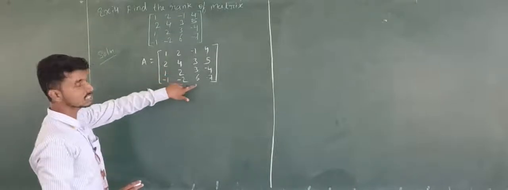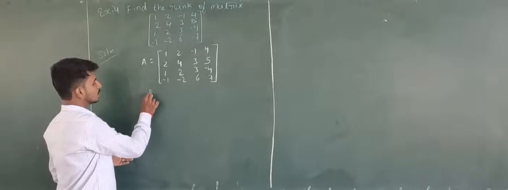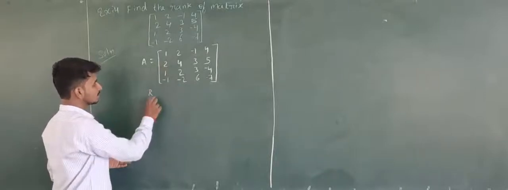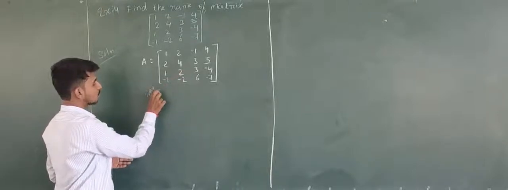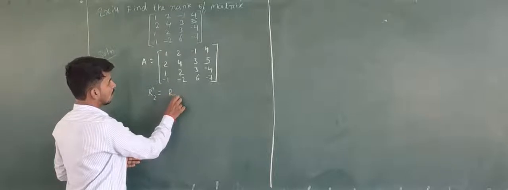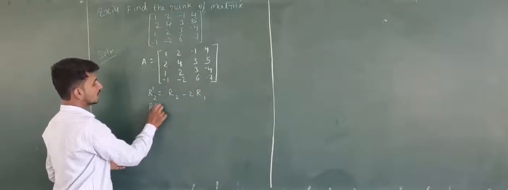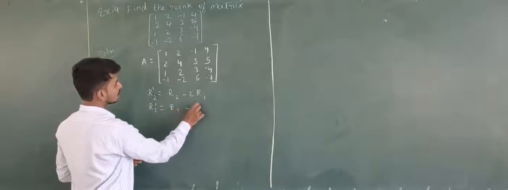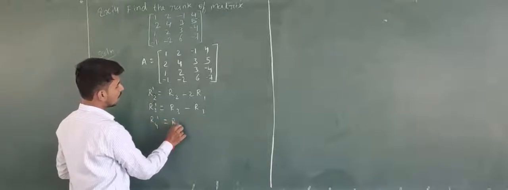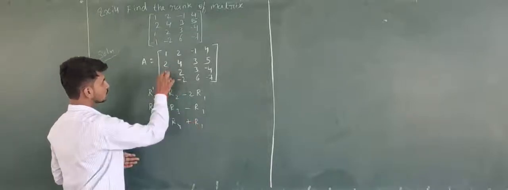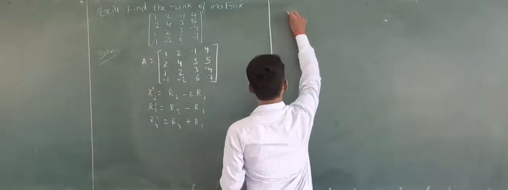next this 3 as 0. So first we will perform elementary transformations, that is, we will make this as 0. We are changing row 2, that is R2 dash equals R2 minus 2R1, so this will be 0. Next, R3 dash equals R3 minus R1, then this will be 0. Next, R4 dash equals R4 plus R1, so plus 1 and minus 1 will become 0. Next we will write the matrix.